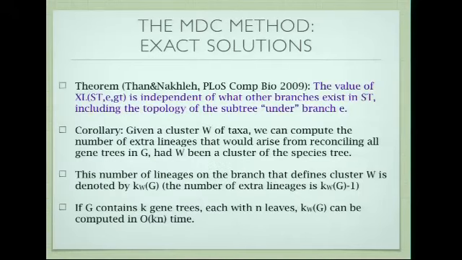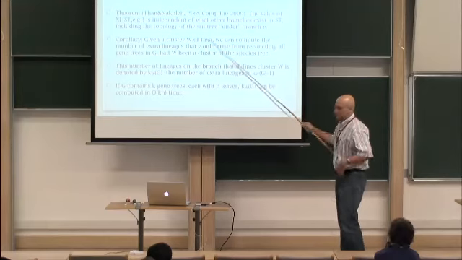One of the main theorems in our paper was that for the value of XL_ST(GT), if you give me a gene tree and a branch E in the species tree, I don't need to know anything about the rest of the species tree to compute the number of extra lineages that will arise from GT on branch E. It is independent of what other branches exist in ST, including the topology of the subtree under that branch. So if you tell me that this branch in the species tree has A, B, C, D under it, I can compute the number of extra lineages regardless of the topology of those A, B, C, D. Now the interesting corollary is that given a cluster W of taxa,